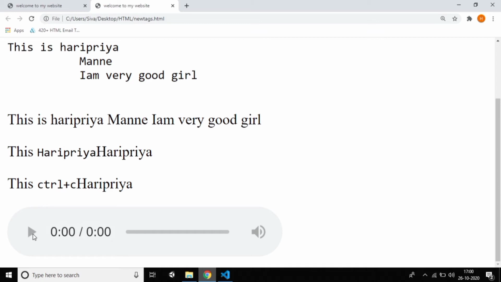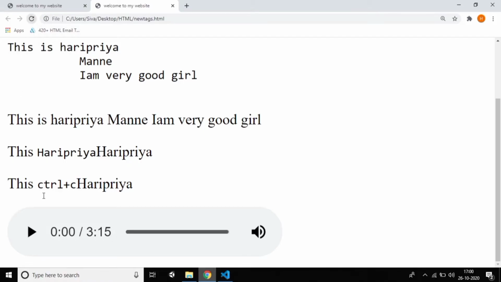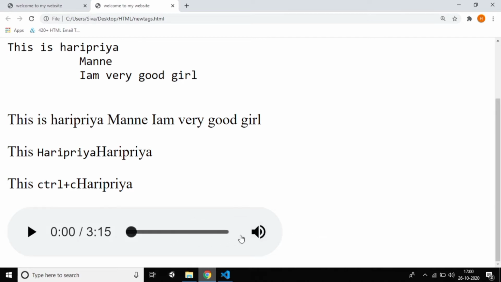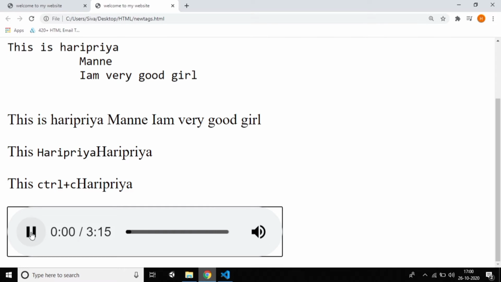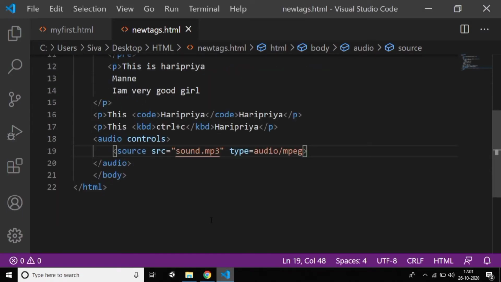Of course the audio was created, but I can't play this audio. Do you observe that? Of course, because I didn't give audio/mpeg. You need to give audio/mpeg, then only it can play. You can see the difference: you can increase the sound and decrease the sound because of mpeg only. Just play this one. I hope you are able to see that. You are able to hear. If you want to decrease the sound, you can decrease it. You can stop the sound because of mpeg. So the type you should specify.